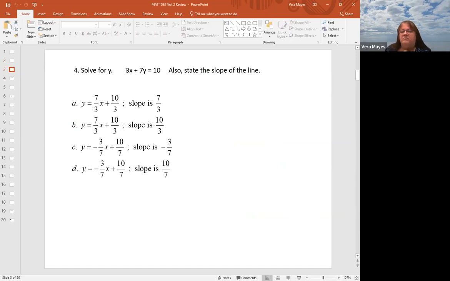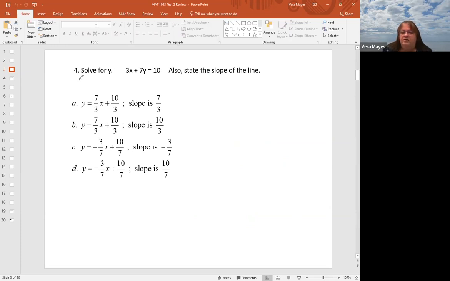Okay, so this is another one where we're solving. And I noticed, even though you guys did slope on the first test, the version that I pulled up had at least one question about slope. So it's really good to kind of, they're going to keep reminding you of it because it's not going away. So remember